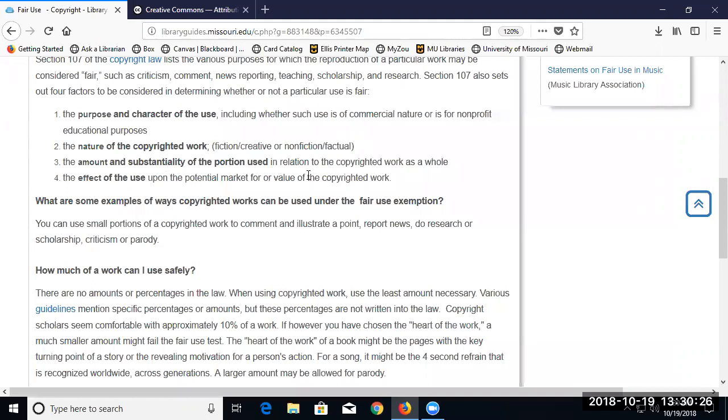The amount and substantiality of the portion used is also important, and I think this gets tricky. And keep in mind, it's not just the amount, but it's also the substantiality. So the way I think about this is like if I have made a lovely chocolate layer cake, and I say, would you like to share my cake? I expect you just to take a piece off the end, take some icing and some cake and enjoy that and leave me the larger portion of it. I don't expect you to take like 3/4 of the cake, nor do I expect you to scrape all the icing off the top and leave me with just dry cake. So it's both the portion as related to the whole. It's also how substantial the portion is.